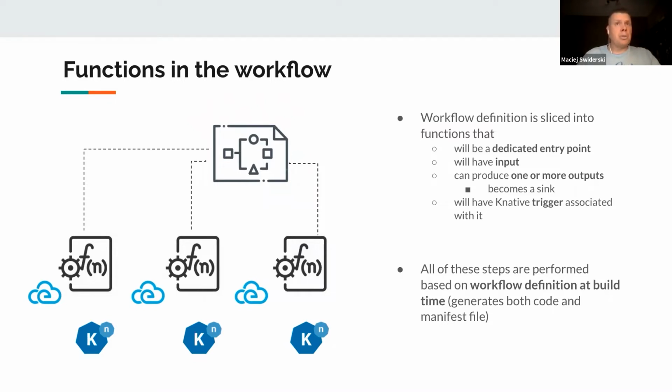Each entry point, meaning each function, has an input. All the inputs are based on cloud events. At the same time, functions produce data, so they can produce either one or more outputs. The one or more means that at the time of execution,